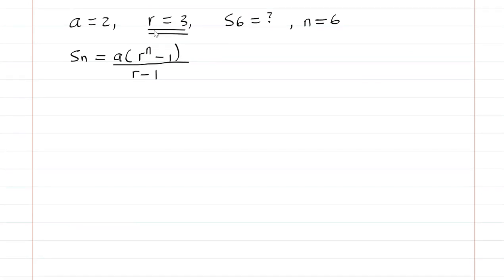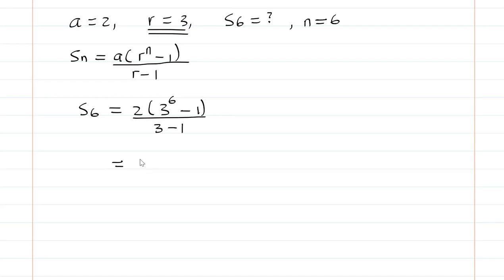So since we have identified R and the formula to use, then we substitute. The sum of how many terms? The first 6 terms becomes A, our A is the first term, into R. R is the common ratio 3, power n. What is n? N is the number of terms in question. So 3 to the power 6. Then you say down here minus 1, close, over R. R is 3, so we shall say 3 minus 1. And now from here you simplify. We shall have 2